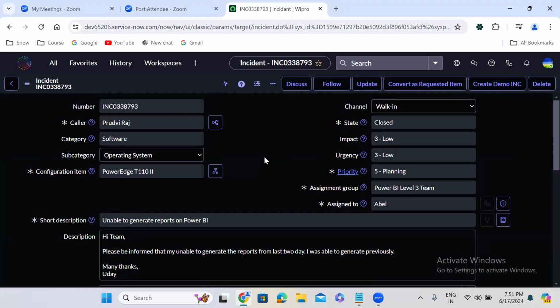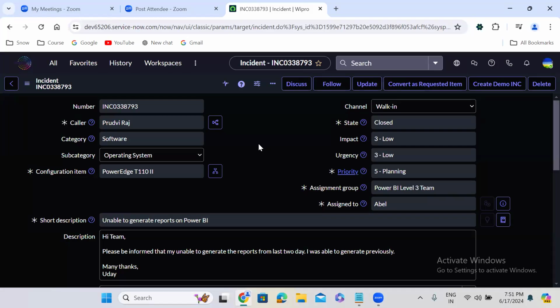As a ServiceNow developer, we have to design this incident form, guys. Remember, as a ServiceNow developer, we have to create these buttons. Whenever it is assigned, the state should go to in progress automatically. So designing this form is our responsibility. Creating incidents is not our responsibility. As ServiceNow developers, designing this incident form is our responsibility.